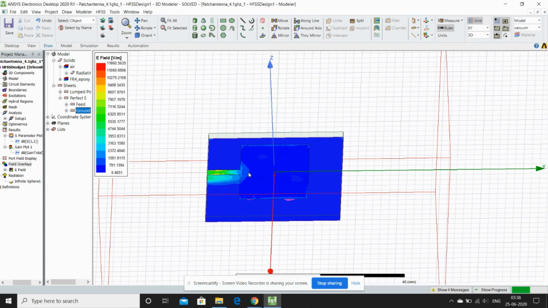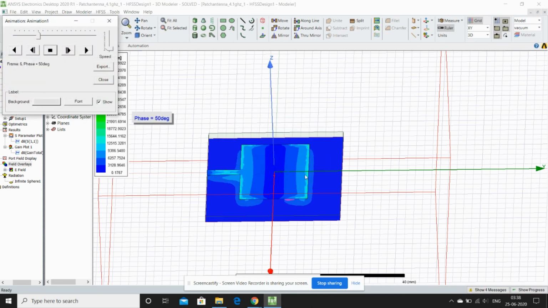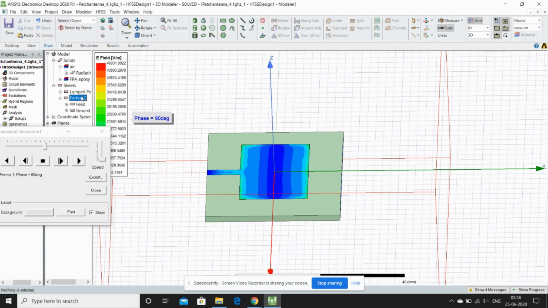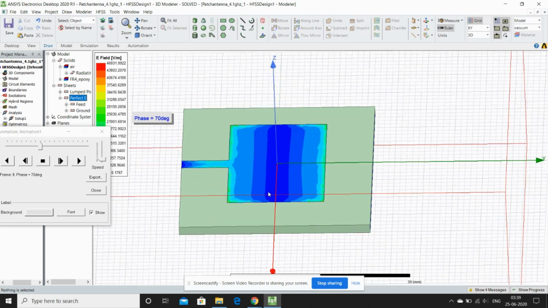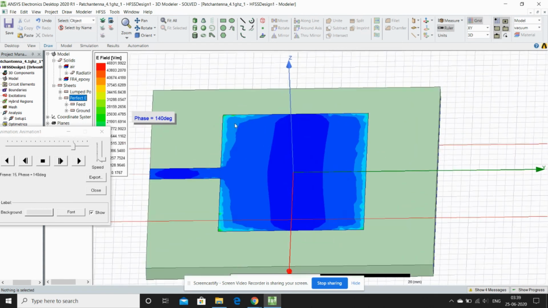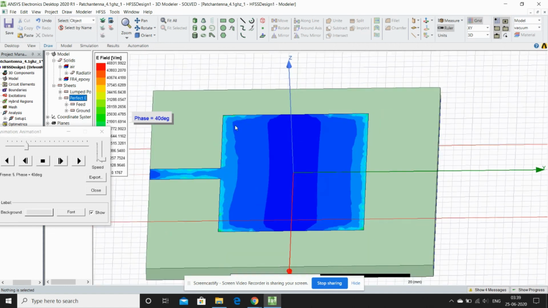Okay. Now we will animate our antenna. By this animation, we can clearly see whether our antenna is damaged or not, or whether it is getting heavy radiation from the radiation field.